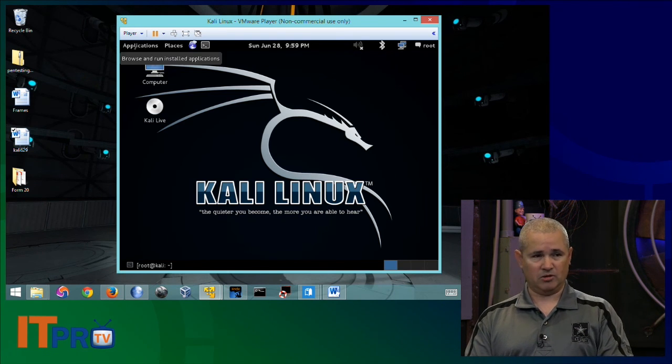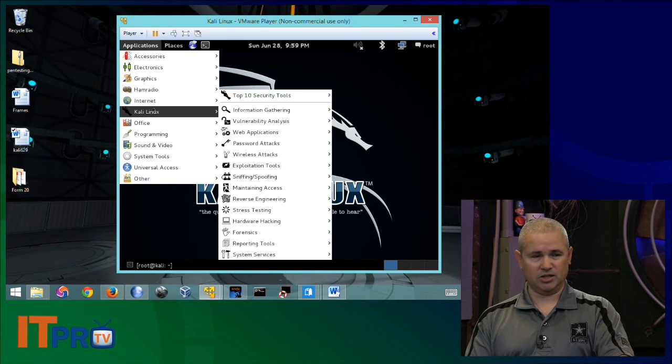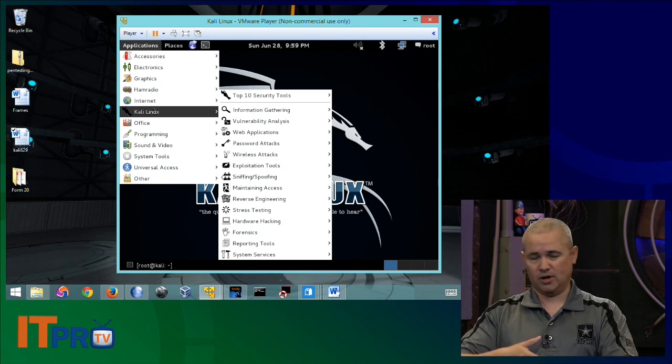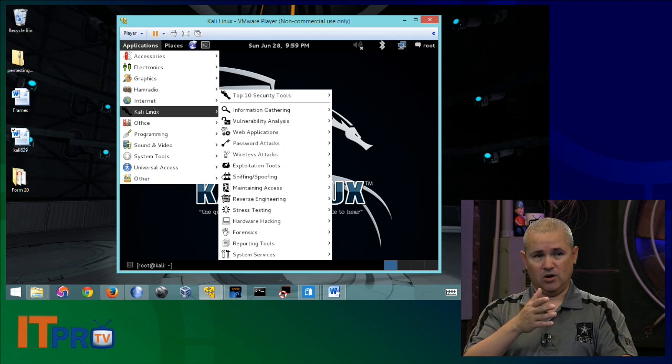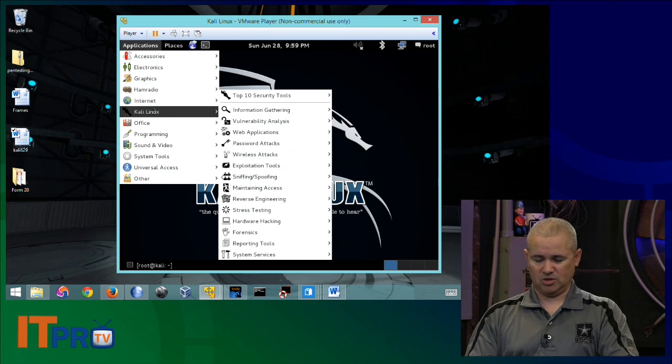Here are our menus. In fact, we're going to spend a lot of time here under our menus. You can see that we have a whole bunch of tools listed there. Here's our Kali Linux menu, all the stuff that Mike was just showing on their web page. Most of those tools are going to be located right here, specifically broken into categories.